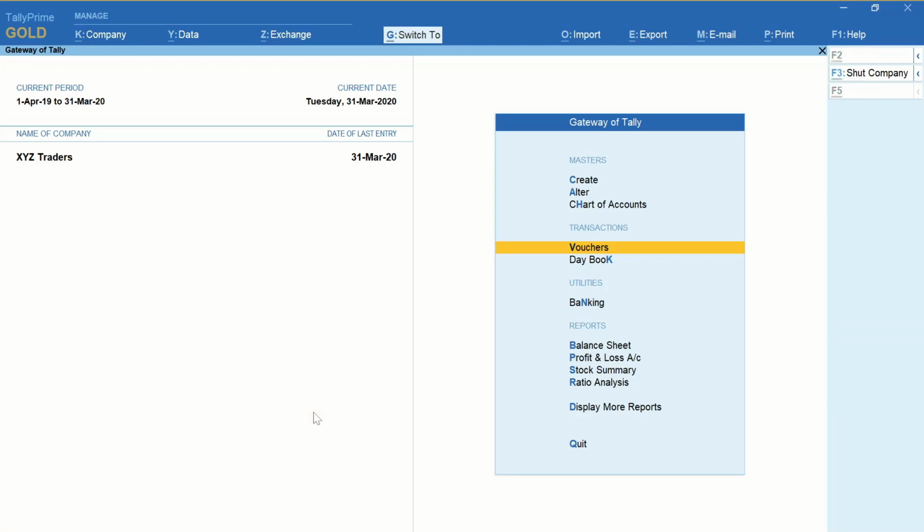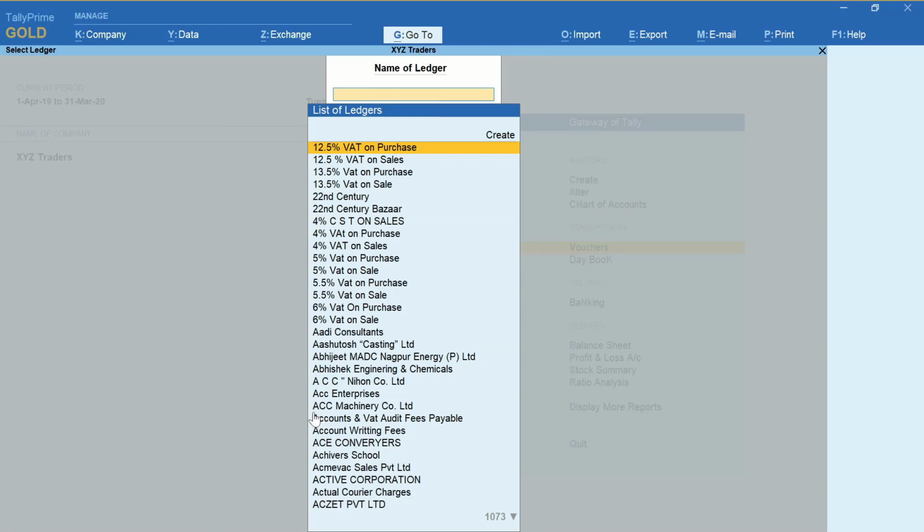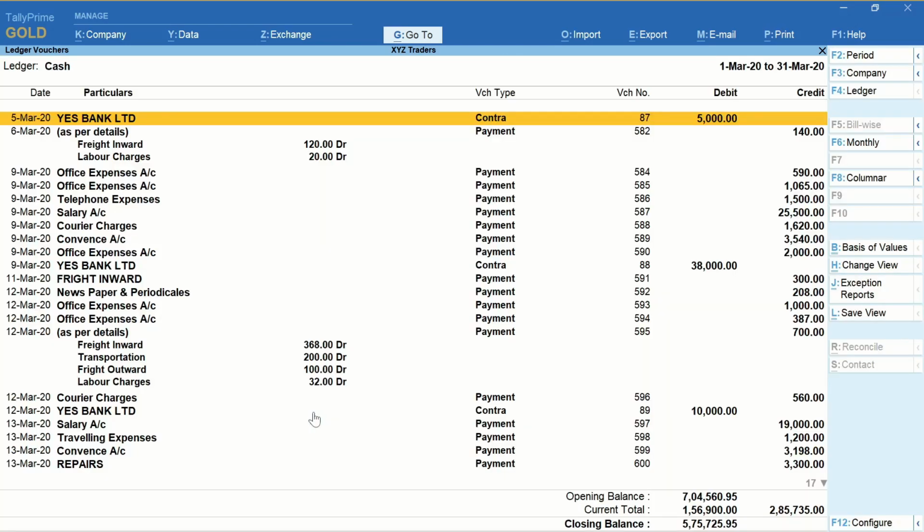Let me check the cash balance. Okay, so this closing balance has now changed.